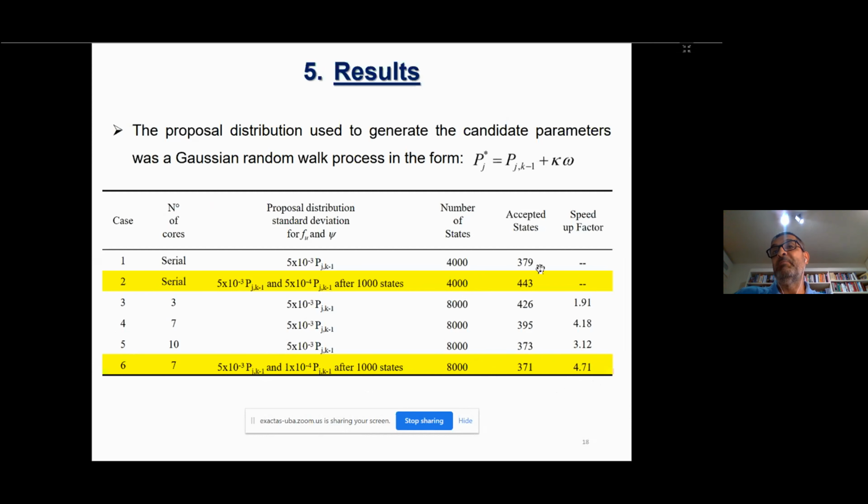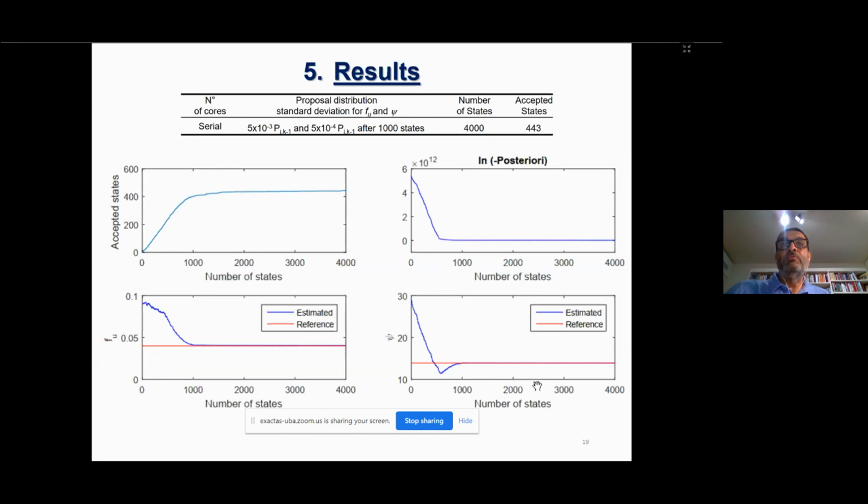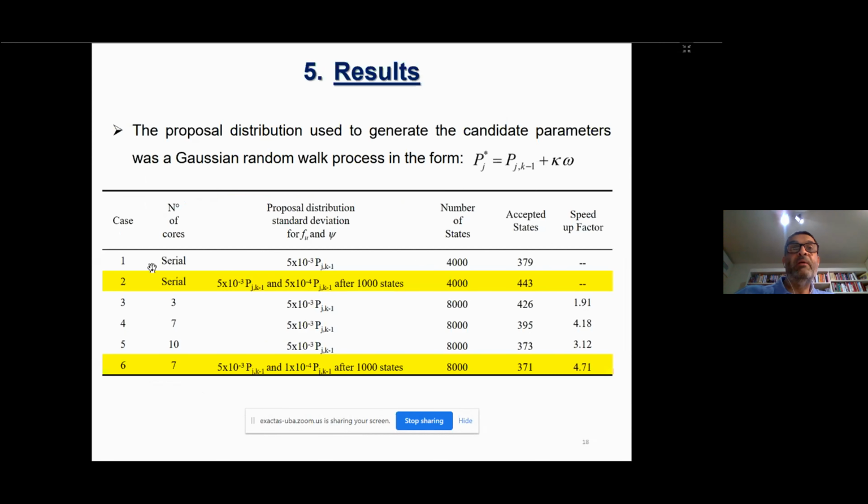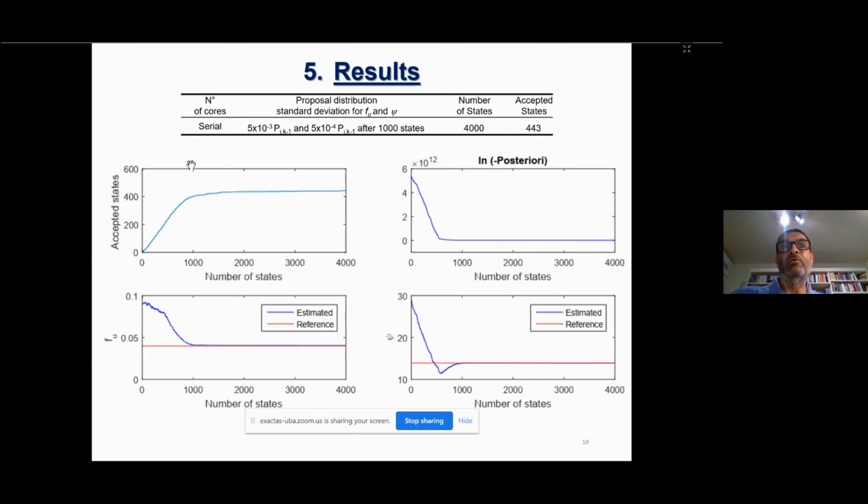However, the number of accepted states dropped. While in the serial version we had about 10% of accepted states, now we have about 5% of accepted states. So these are the results for the serial. Those 2 cases that are highlighted are the ones for which I'm going to present the results. So for case 2, these are the results with the serial